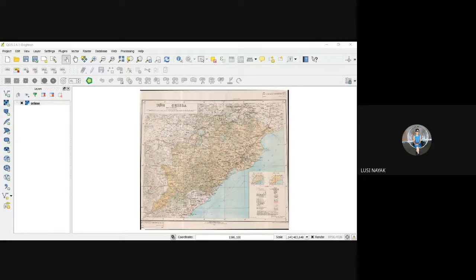Zoom to one corner, add point, then write down a coordinate. Another point.